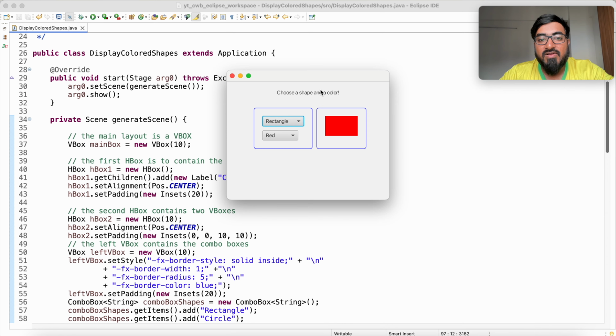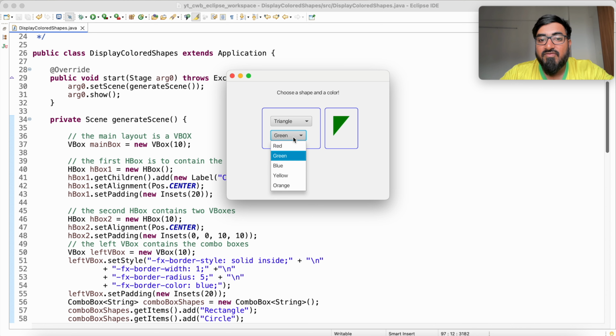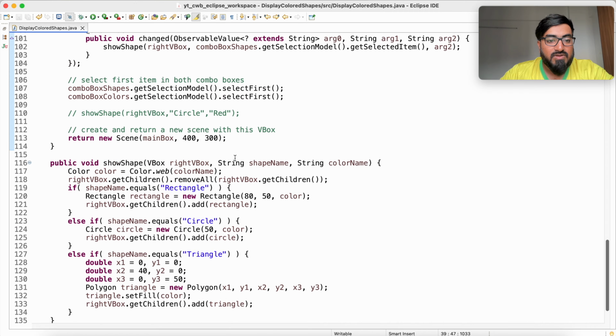So this was the code to create the very basic app to show shapes of different colors. In the next video, we'll see if we can change the dimensions of the rectangle. Currently we are hard coding the dimensions of rectangle, circle and triangle, right? And we'll try to see if we can add custom colors. Okay, right? This was the code,